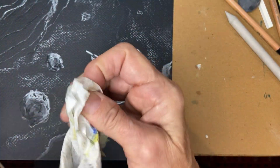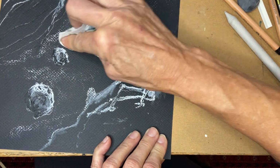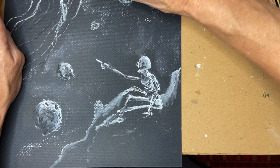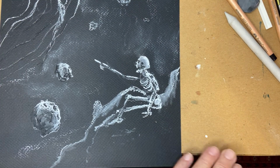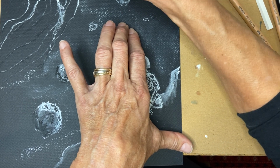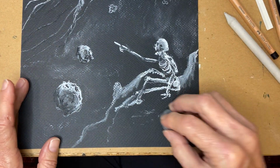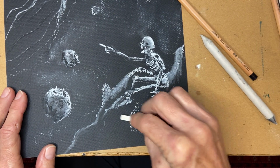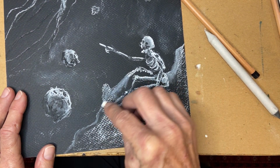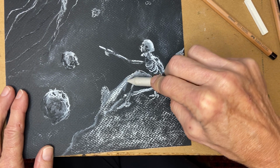some, well, I was doing a demo, so I can just use this. And build a little bit of dimension just by coloring or rubbing in what I had. Now, if I don't like all the texture, I can hit it again with the eraser. I can give it more shape and form. It's constantly pushing and pulling, working your way through this shape. I want this whole surface to have some form, but I know that this is the brightest part of it. And so I've got to come back in, and maybe I'll do everything on the rock